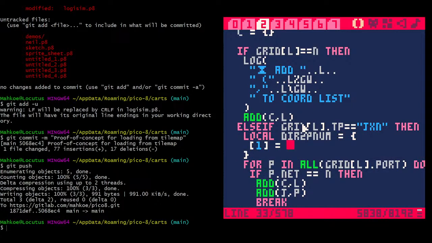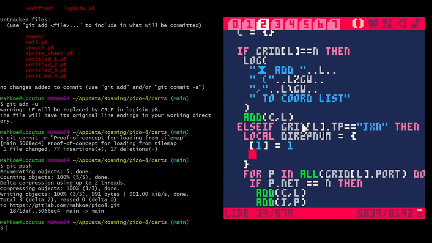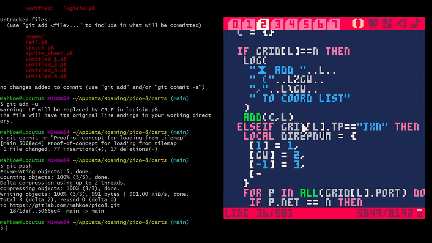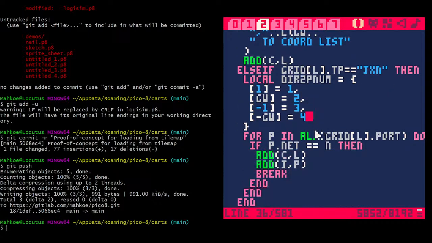Equals 1, 2 equals 2. There's probably a nicer way to do this. I don't care right now. Equals 3, 4 equals 4. And we don't want to do 4p in blah. We want to do